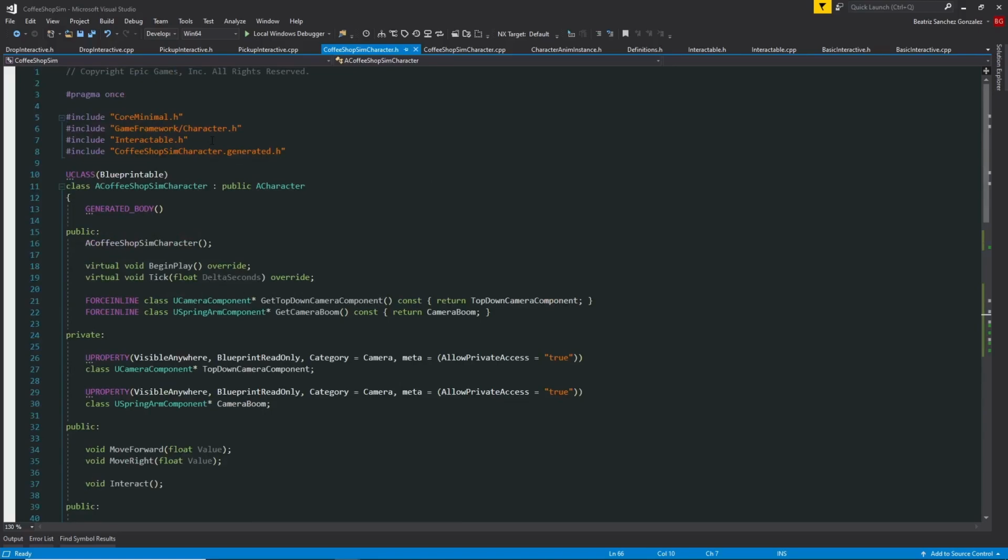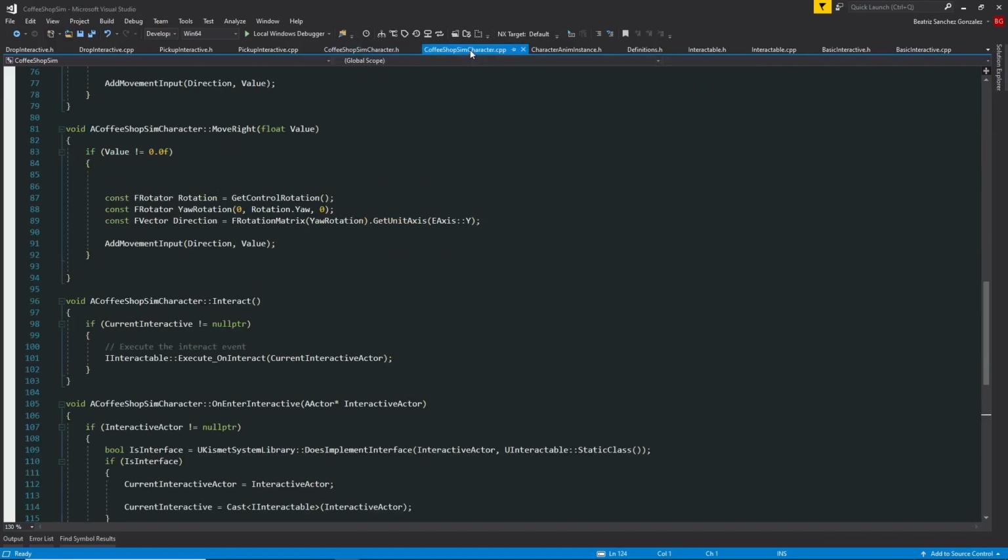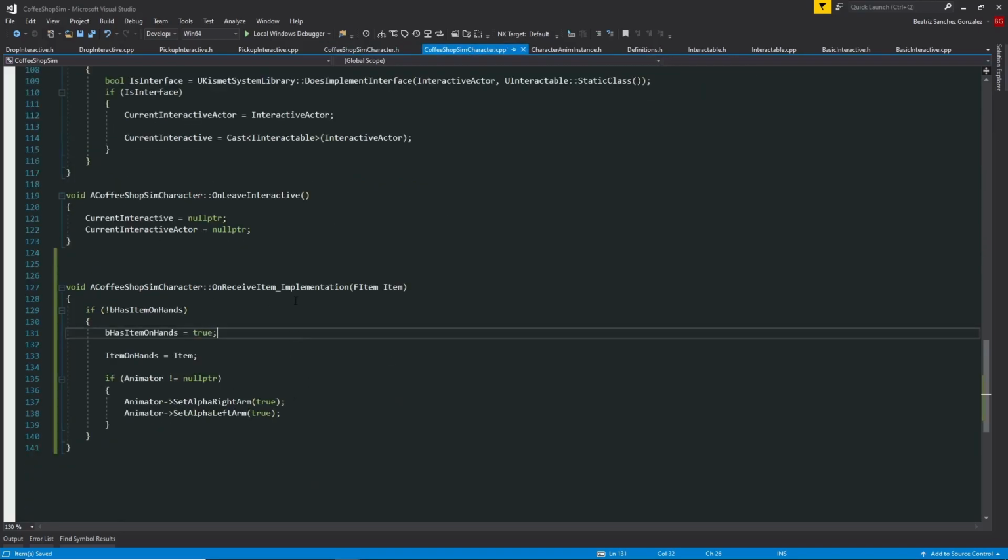Remember, you need to add the definitions.h, which I don't have. Okay, maybe you don't need it. And I also have another one, which is on give item, which is going to be similar. It's going to be the reverse of this on receive item. Let's implement those elements. On receive item implementation, receive the F item, and it double checks that there is nothing